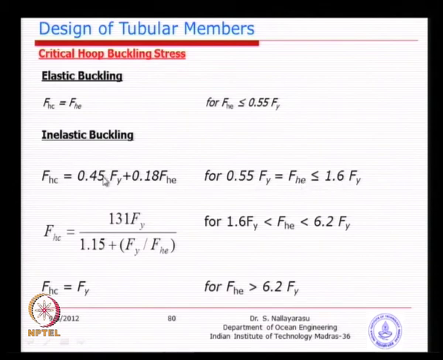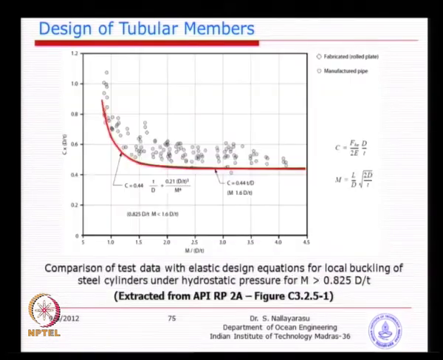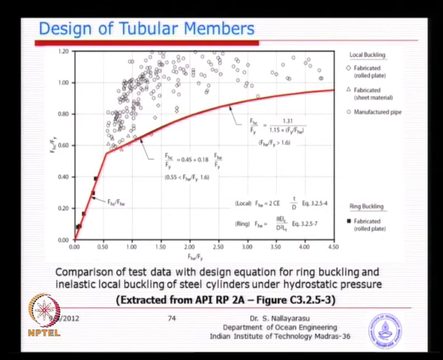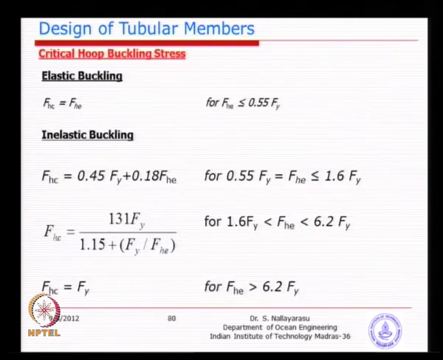These are empirical formulas for which the charts are given here. These equations are derived from this chart and a large range of experimental points. You can see how many experiments have been done for this. You fabricate a cylinder, apply external force until failure, note down the failure load, and develop this chart based on that principle. The three lines you see here come from those experimental points.